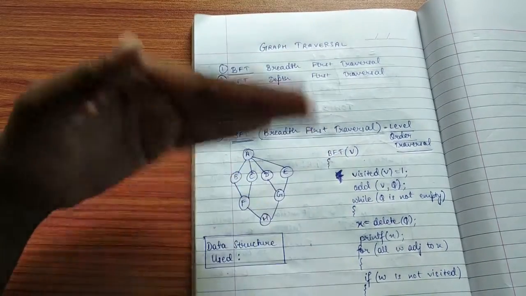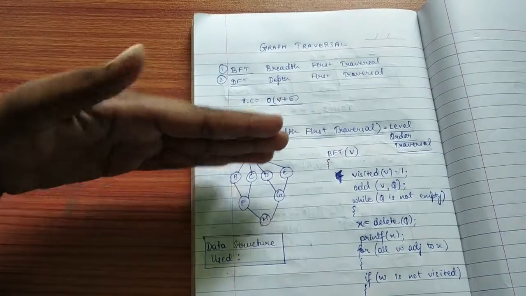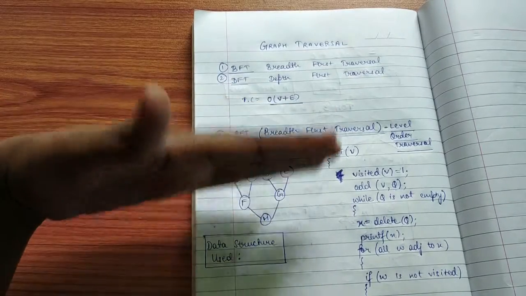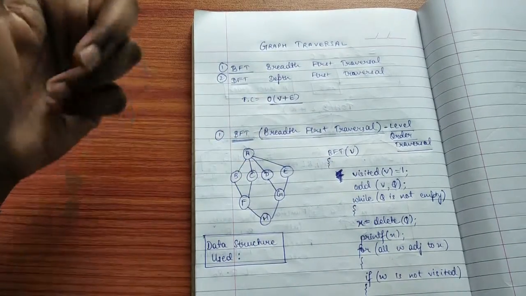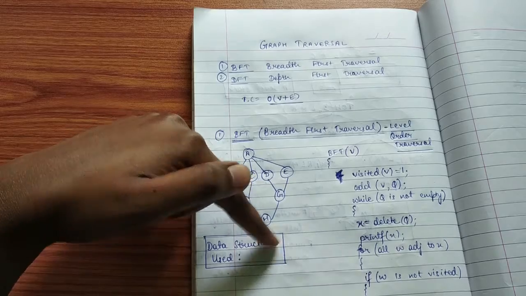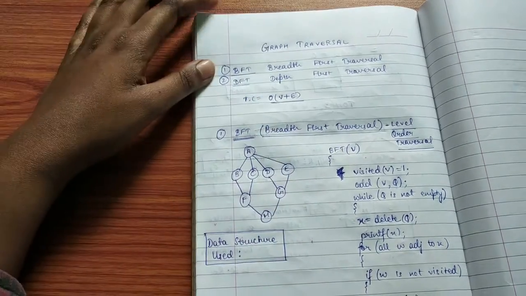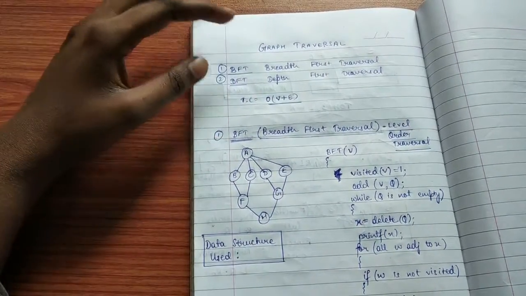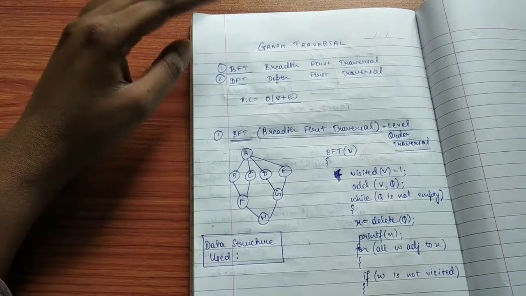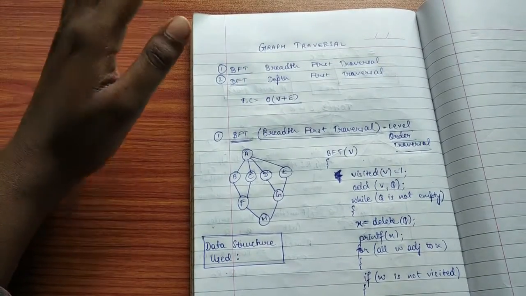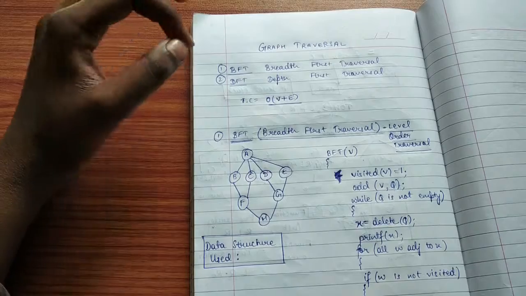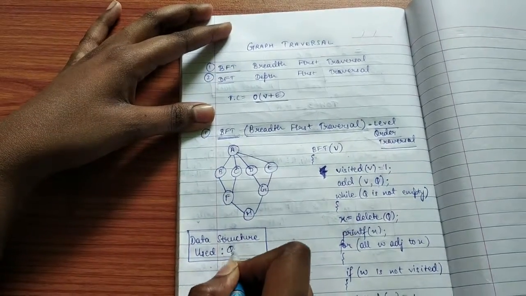You go level wise. Breadth also means you go breadth wise. You don't go the way we go in depth first. You don't go deep down. You go breadth wise. So let us see how this works. What do we need in this? So first of all, there's a data structure that we need for breadth first traversal, and that data structure is